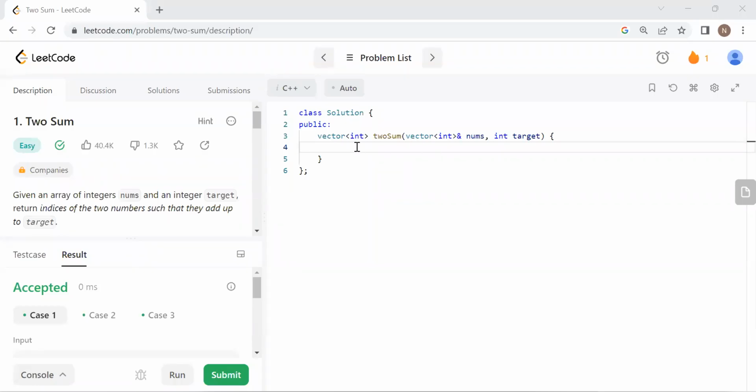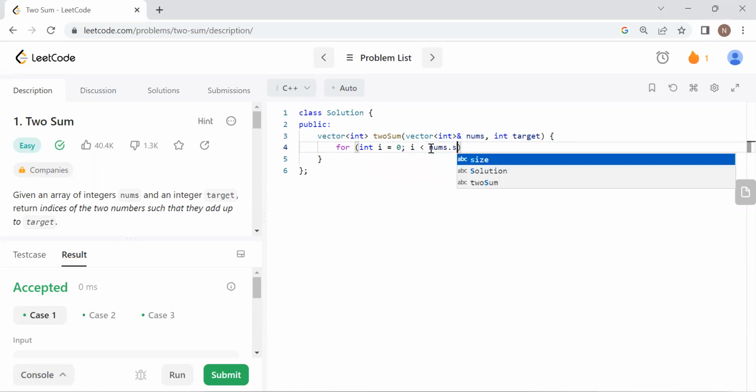This LeetCode problem asks us to return the index of two numbers within this array that sum to a given target. We'll start with the brute force naive implementation where we simply check every possible combination of numbers, and then we will optimize it. So for int i equals 0, i is less than nums.size,